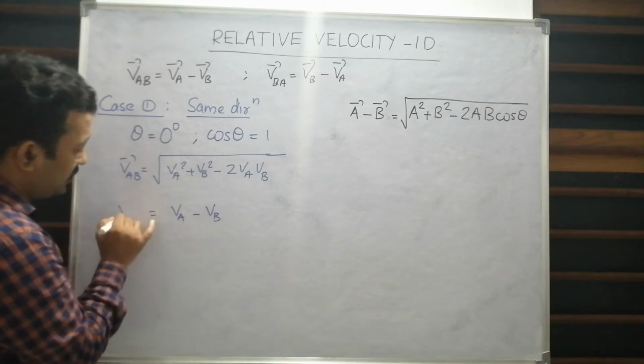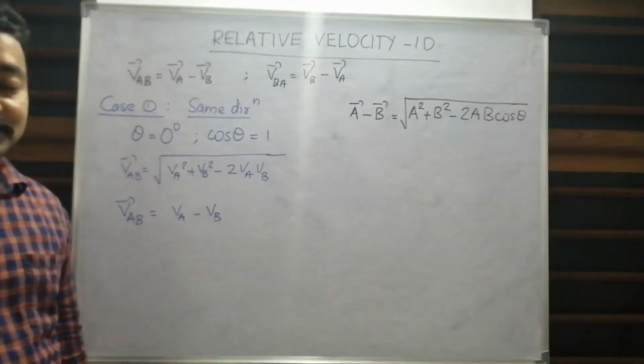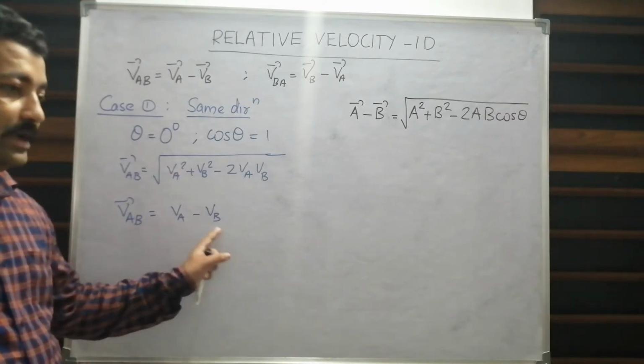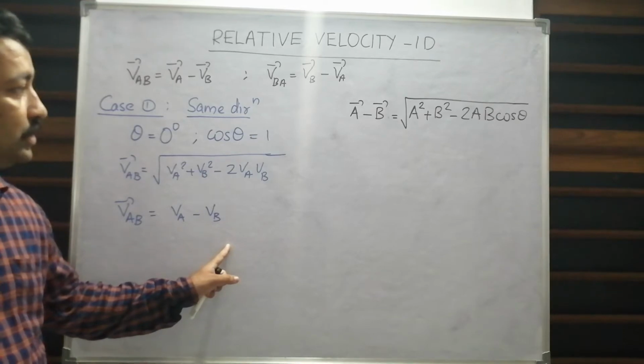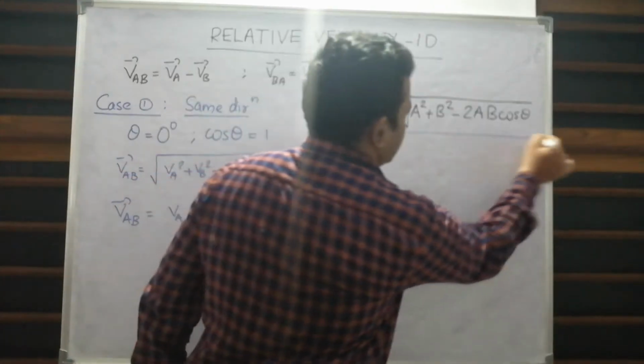So in 1D, our expression for relative velocity when the two particles are moving in the same direction, always remember, same direction, is VA minus VB. What is the second case? Second case is